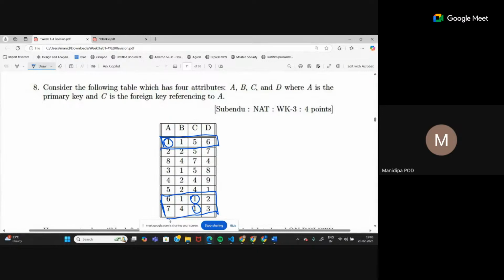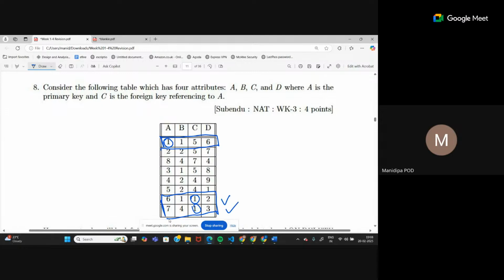Okay, this is on delete cascade. It means if I delete something and it leads to deleting some other things because of referential integrity, that the domain must be the same. That is, if 1 is not present in A, then 1 cannot be present in C because C is a foreign key referencing A. Okay, now can you tell me that if I delete these 2 rows, what other A values